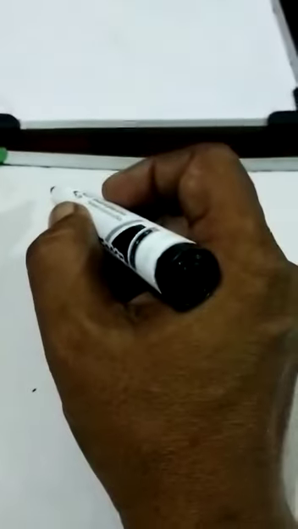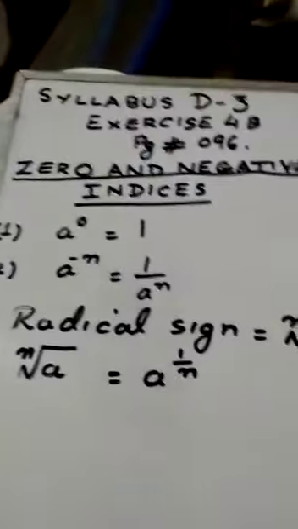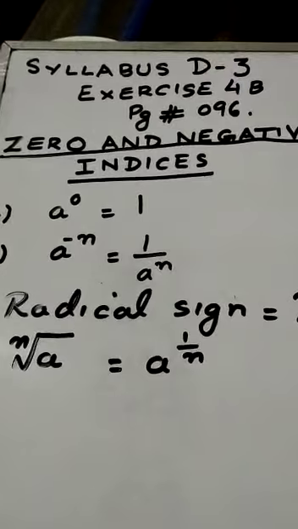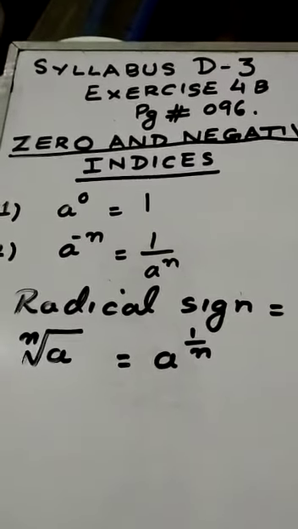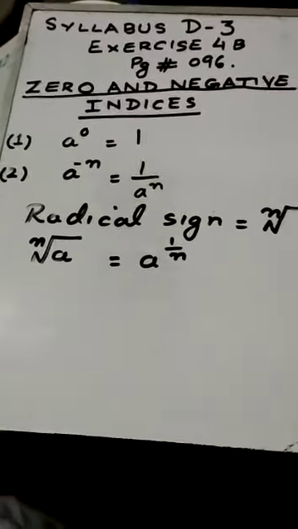Okay, now this exercise is about indices. Okay, so what we are going to learn in this exercise is, please note down that this is syllabus D3 exercise 4B, page number 96, zero and negative indices. Okay, so the concepts which we are going to use in this exercise are